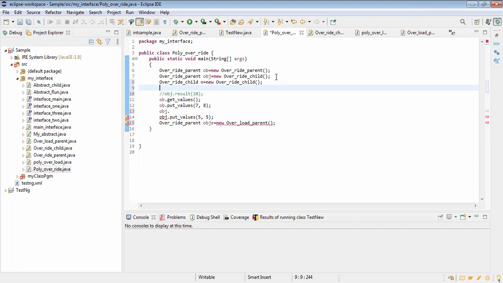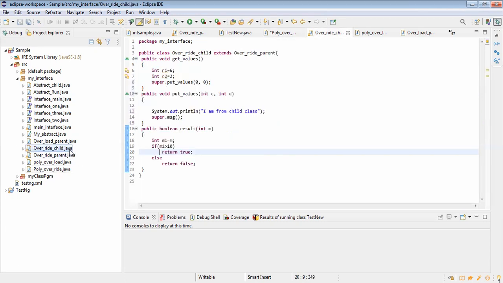It's very simple. Can you go to the override child class, Sneha? Now tell me here, how many classes are available here? One class.